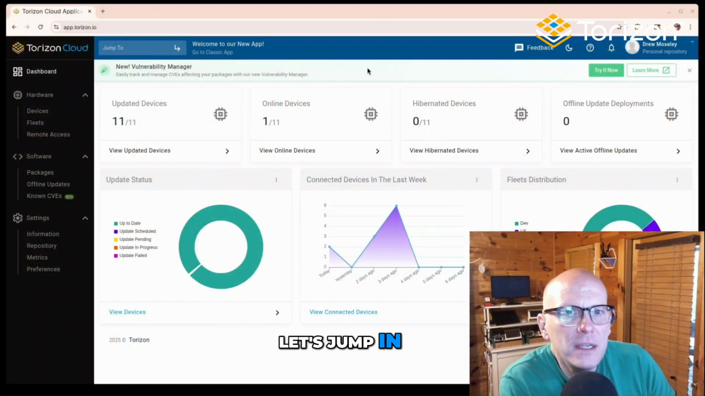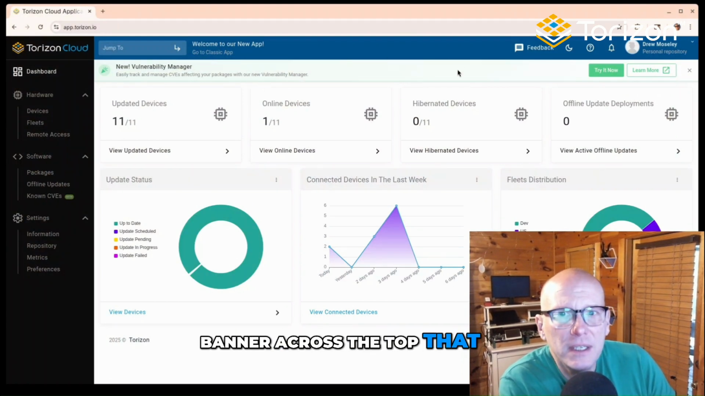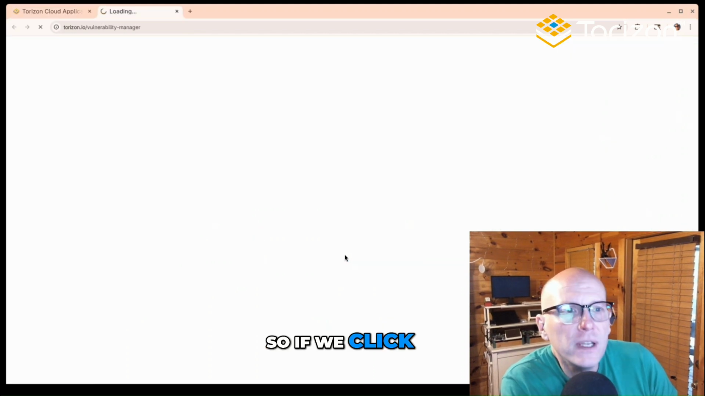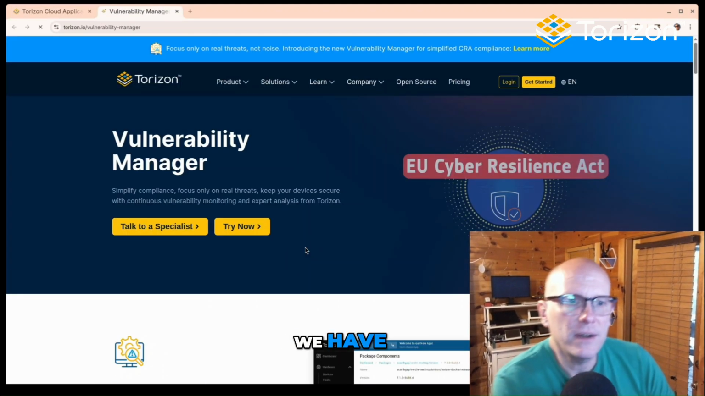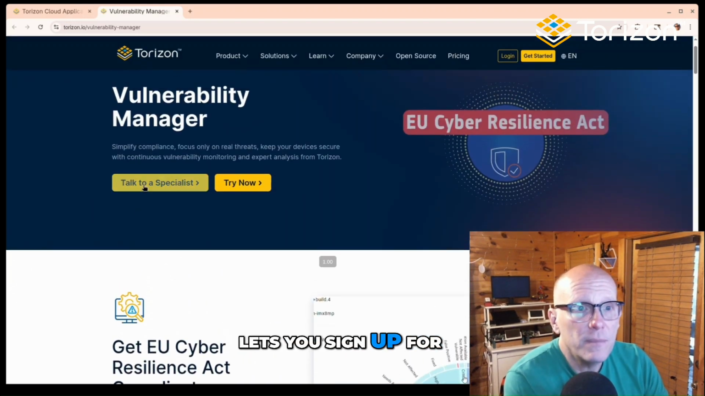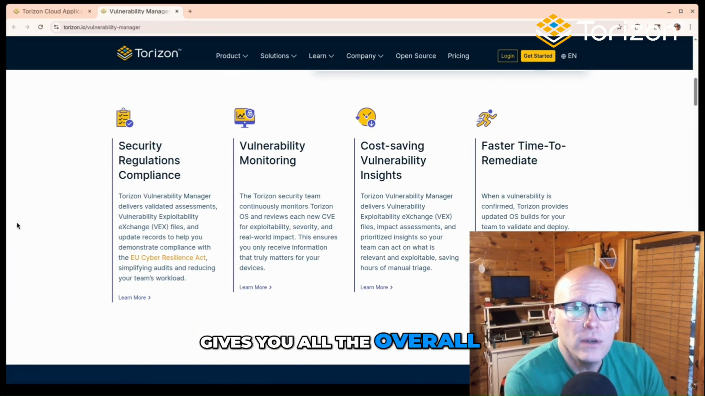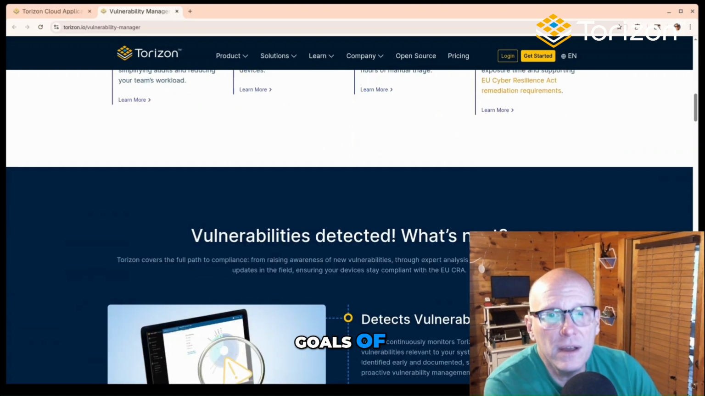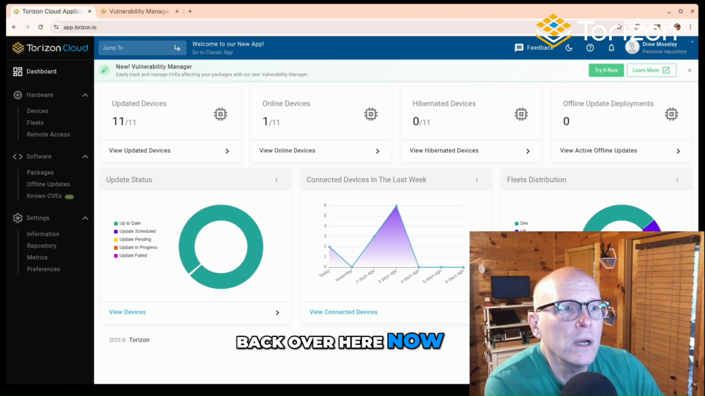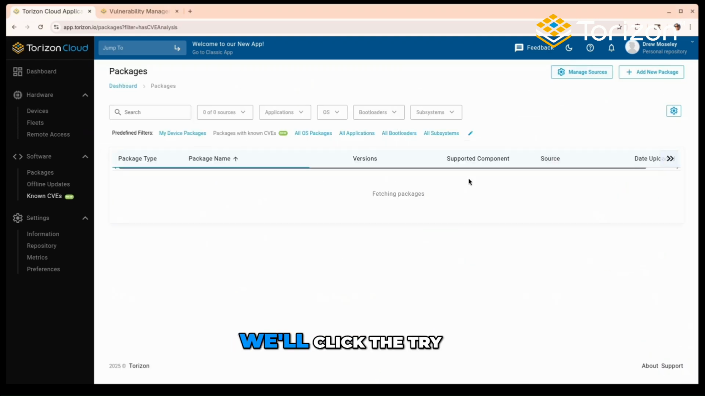Let's jump in. When you first log in, you will have the banner across the top that gives you links directly to give it a shot. If we click Learn More, of course, we have our standard documentation, which goes into more detail about it, lets you sign up for training sessions and that kind of thing, and gives you all the overall goals of the feature. If we jump back over here to the actual web user interface, we'll click Try It Now,